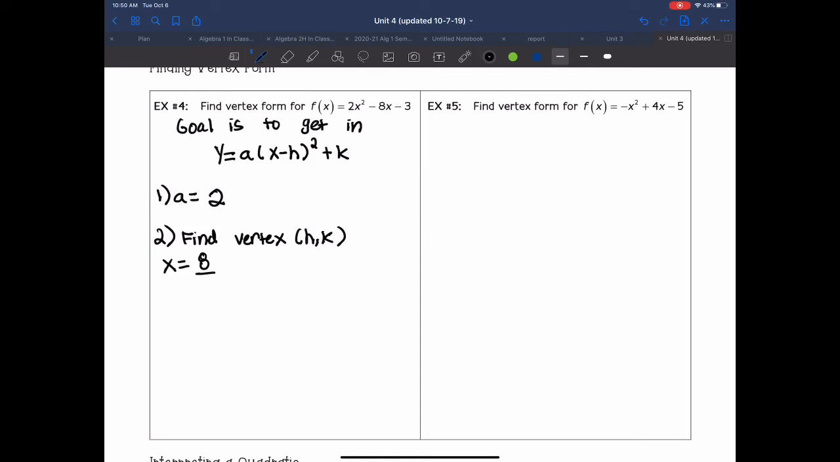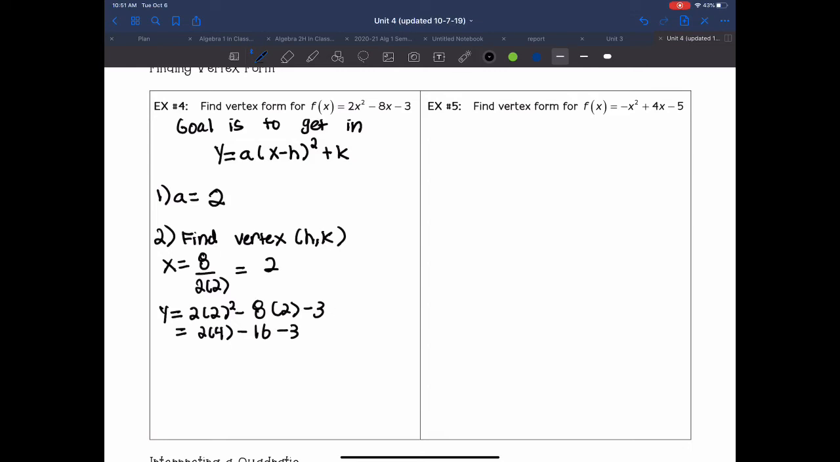times 2. So I have 8 divided by 2 times 2. Well, I know that 2 times 2 is 4, and 8 divided by 4 is going to give me 2. Okay, so that's the X coordinate. Then if I plug this 2 into my function to get out a Y value, I'm going to have Y equals 2 times 2 squared minus 8 times 2 minus 3. Well, 2 times 2 squared, that's going to be 2 times 4